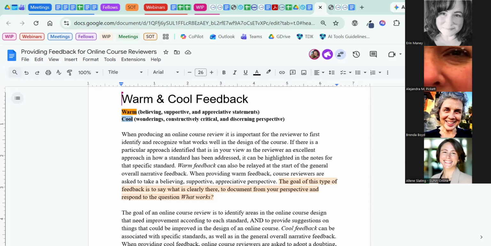You want to have some information in your pocket about what they would get by taking that suggestion. What is the benefit to them in terms of efficiency or effectiveness, and what is the benefit to their students also, so that they can hear it not as something they're doing wrong, but as something that can be improved.